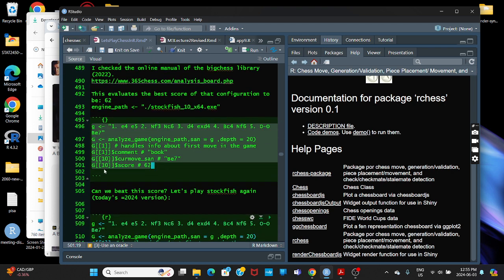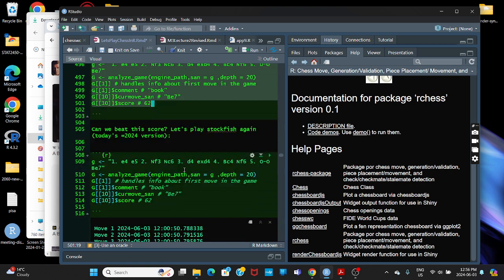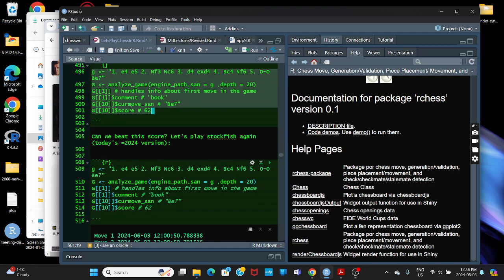And the question is, has Stockfish improved? I'm going to use the most up-to-date version of Stockfish. I first downloaded Stockfish last week, I think, just to show you how to use chess in R. So can we repeat that code, and what will be the 2024 answer of Stockfish? Let's go. I literally plug this code here